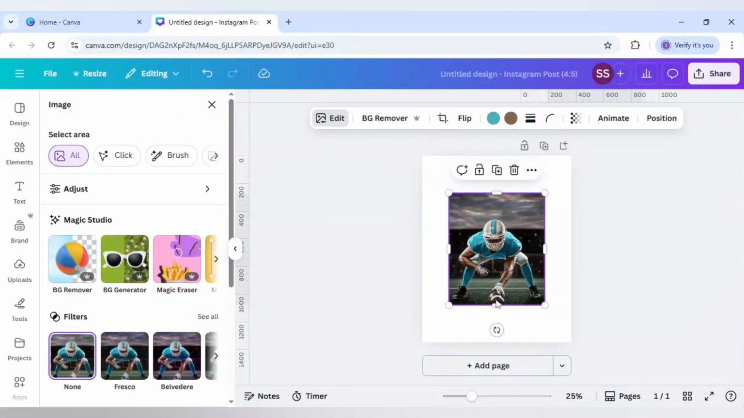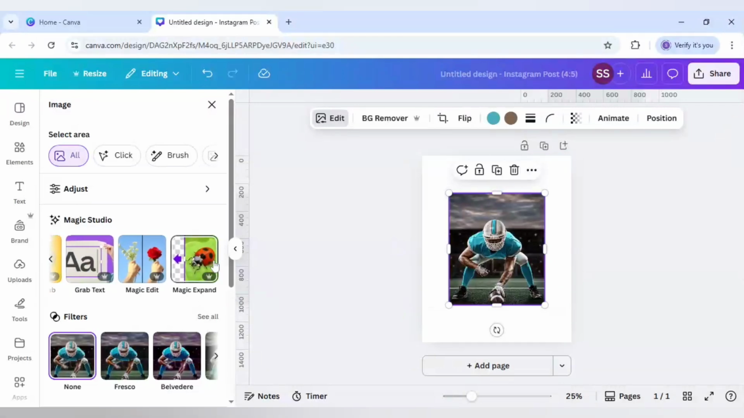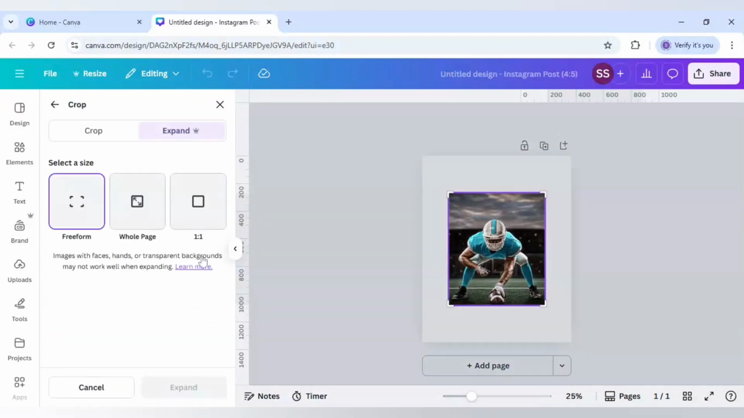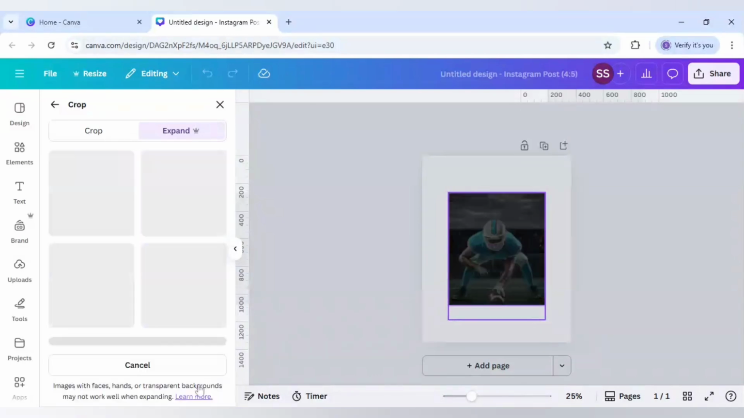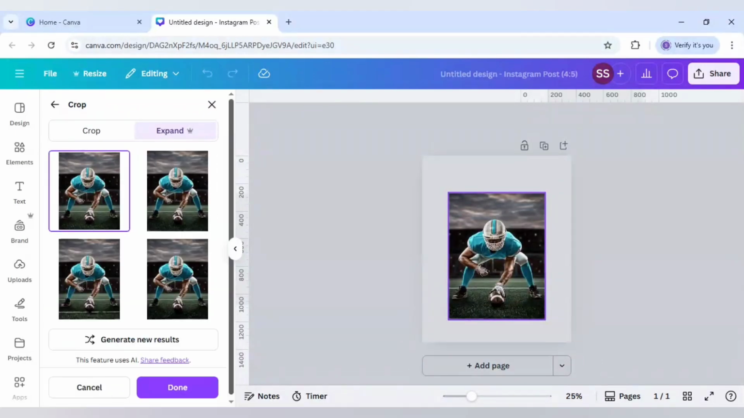And as you can see, the full part of the football is not present here. So to make it a proper football image, I will first scroll down to find magic expand, and here I will use freeform and I will just bring it down like this, and it will cover the full part of the football. So I will click on expand here. I will use this default settings one, click on done,